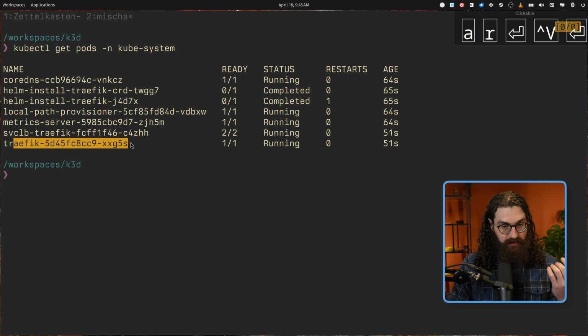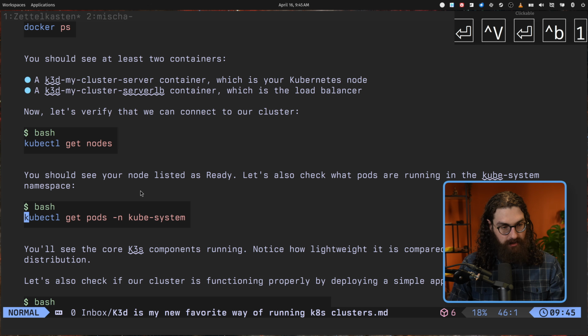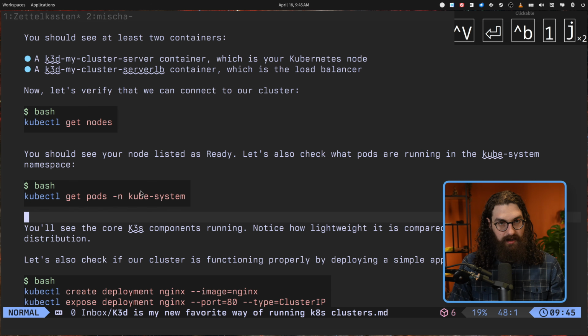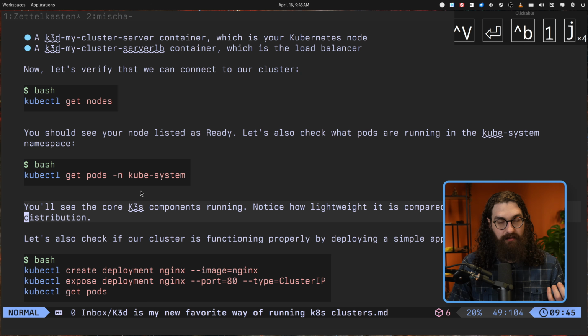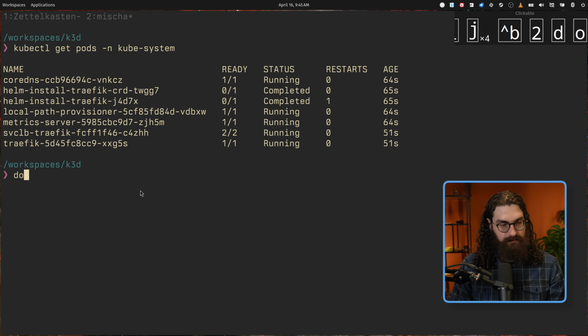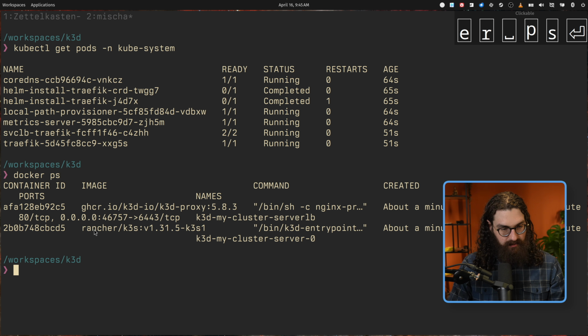And then we have our Traefik ingress controller running here. So it has configured everything you need for a fully functional Kubernetes cluster. It has all of the K3s components running. As you saw here, this image is basically taking the Rancher K3s base image